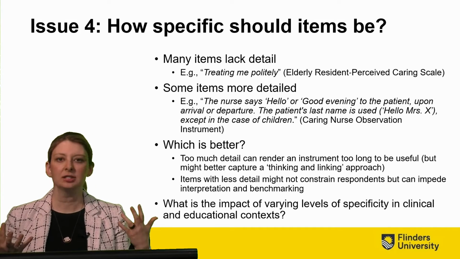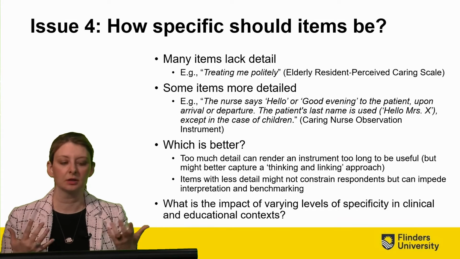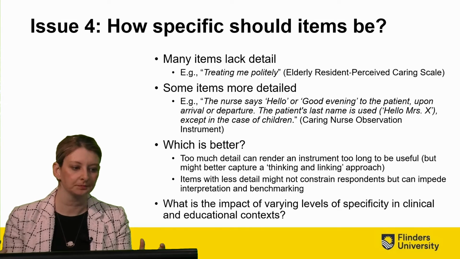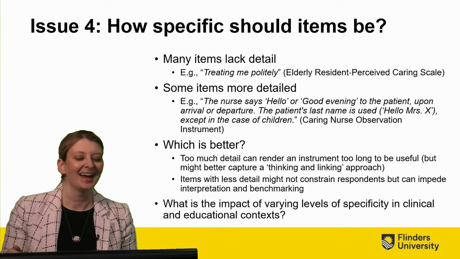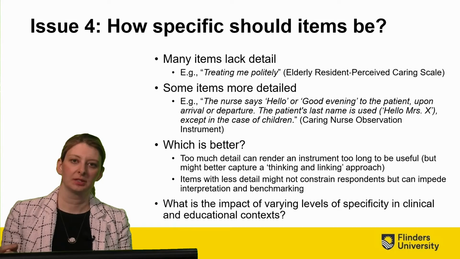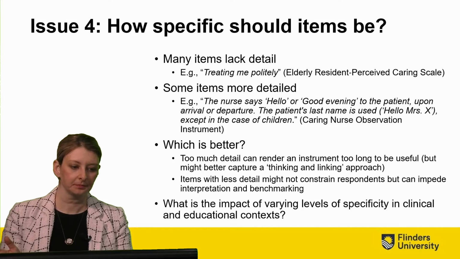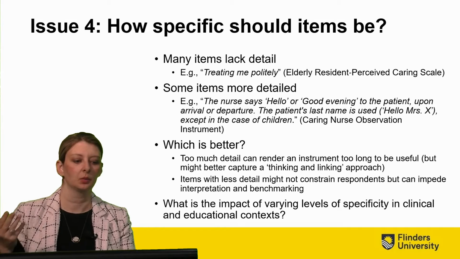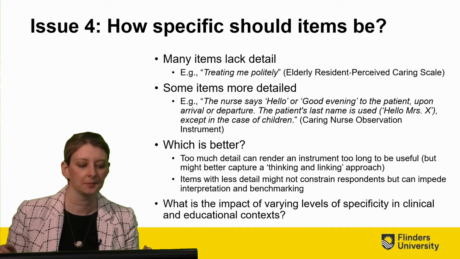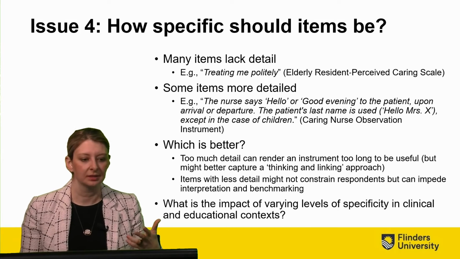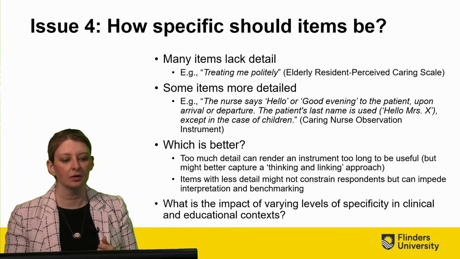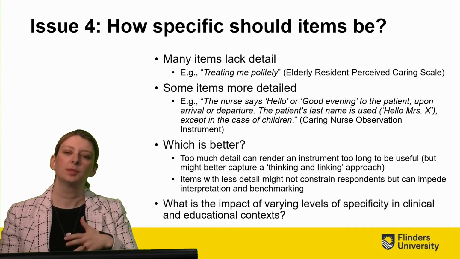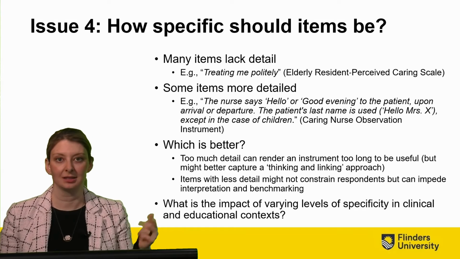So these relationships inevitably involve different individuals with different goals and different needs that are idiosyncratic to that relationship and those individuals involved. But of course, items that are ambiguous or open to interpretation do pose some challenges. So for instance, how do we interpret findings from an instrument whose core constructs aren't well defined but are instead open to interpretation? And how useful are these instruments in clinical practice and educational contexts where we need to define constructs such as respect and trust for the purpose of educating students, for directing care delivery, and of course for